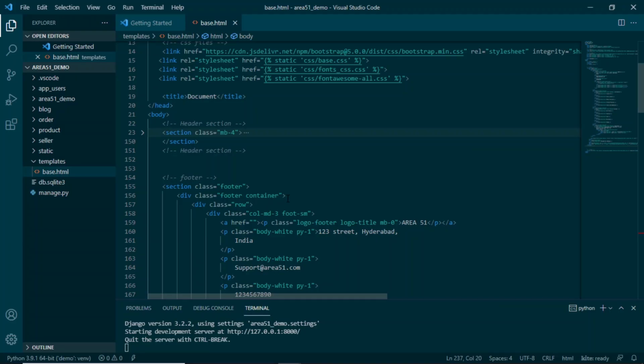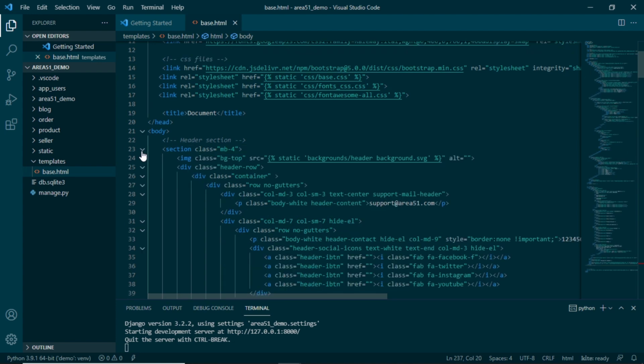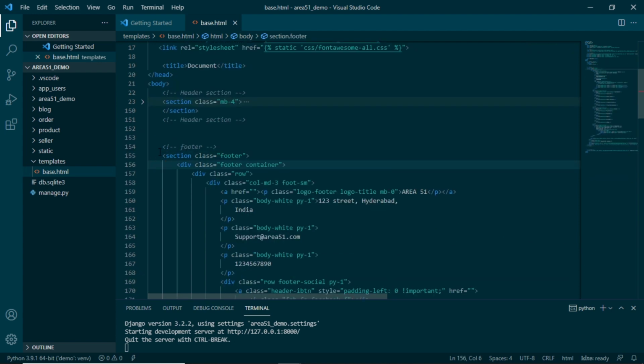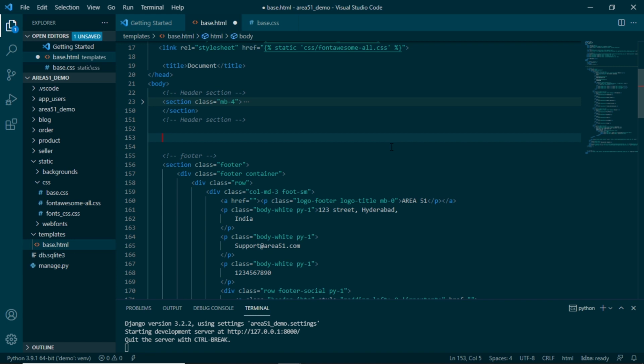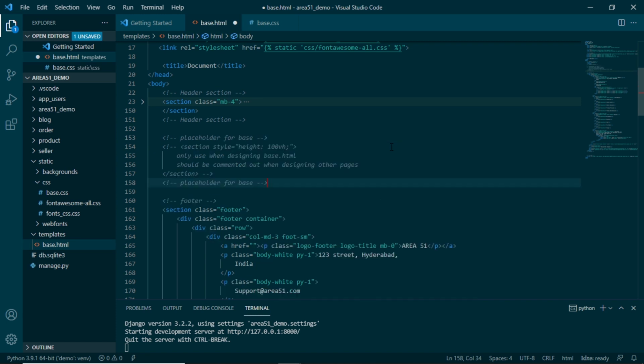This is our base.html, where we have already designed our header from the last video. I will collapse this, and this is our HTML for footer. It will be easy to have a look in the browser, but before that, let me put a small content between these two sections so that they are separated and we can see the difference easily. So I will use these lines. Basically I am using a section of height 100 VH. It will mean that this section will cover 100 VH, meaning we can easily separate header and footer.